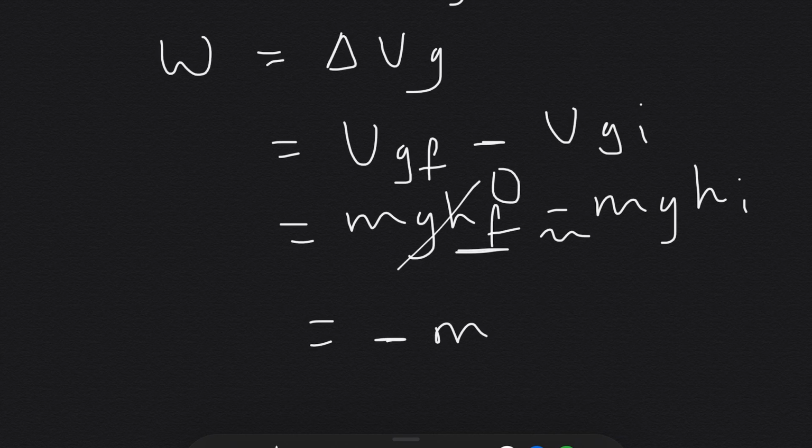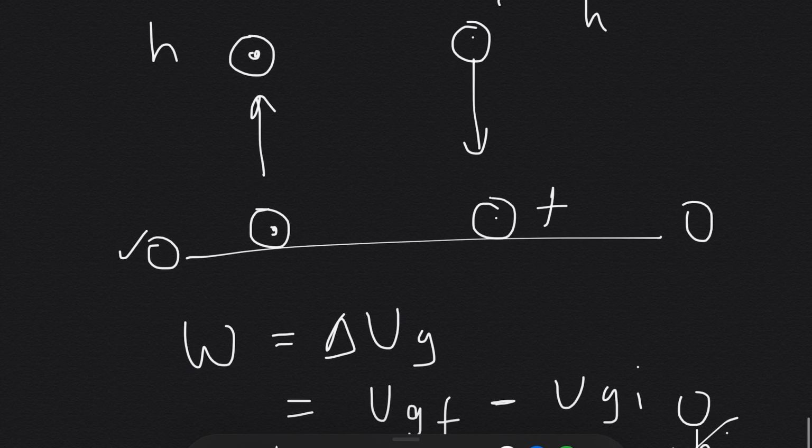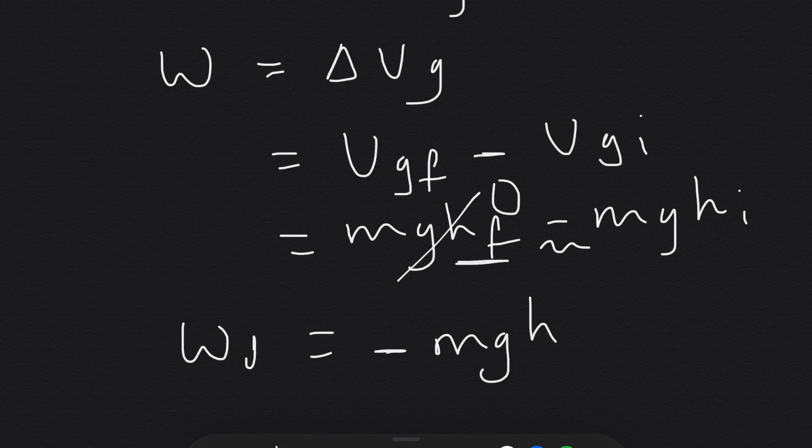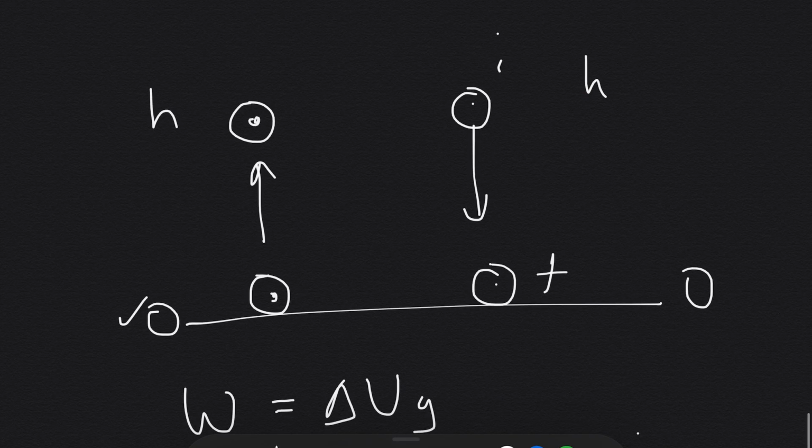The negative sign is here, so it's negative mgh. Did I say h is 10? H is just h, okay? H initial is just h. It's not 10. All right. So this is the work done to bring the ball down. So I'll just put a D next to it. So the work done in a round trip, the process of bringing that ball up and then bringing it down